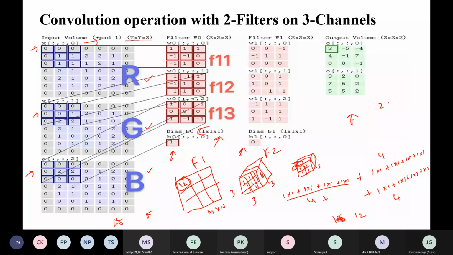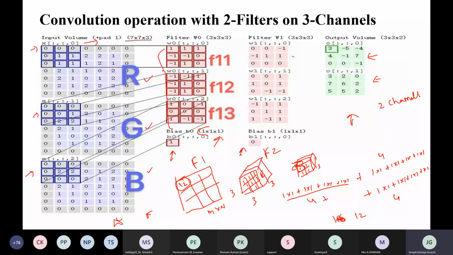Clear? So this is from this filter, and this is from this filter. The first channel is due to the first filter.